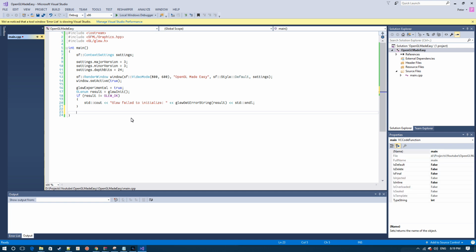So after we do that and we confirm everything is good, we're just going to say while window is open. So this is our game loop. While the window is open, we want to loop forever. Inside here, we're going to create an sf::Event. An sf::Event is basically an event that happens on our window. So we're going to say while window.pollEvent